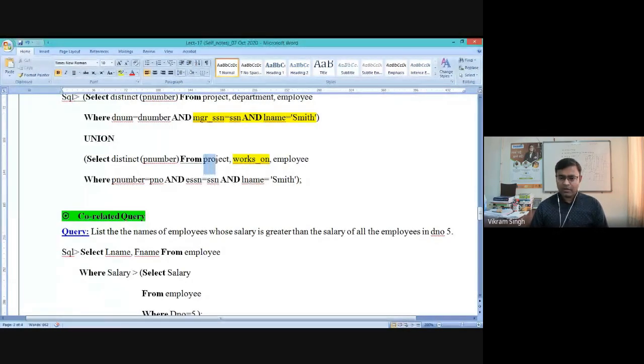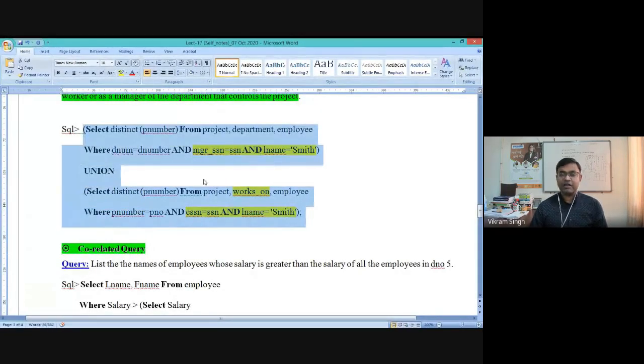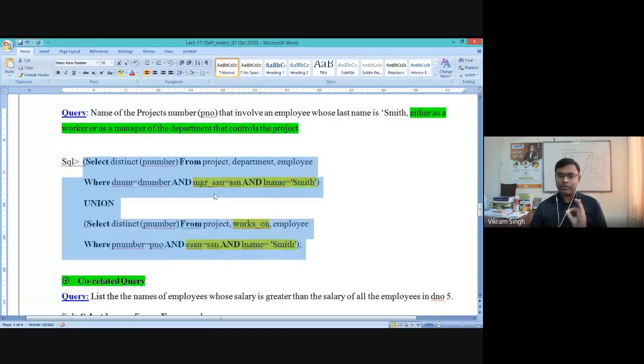So it is using project, works on, and employee, and here we are using the condition P number, between project and works on. Now ESSN equals SSN makes the individual a worker. So this union basically derives the possible set of project numbers where the person with last name Smith works as a manager or as a worker.